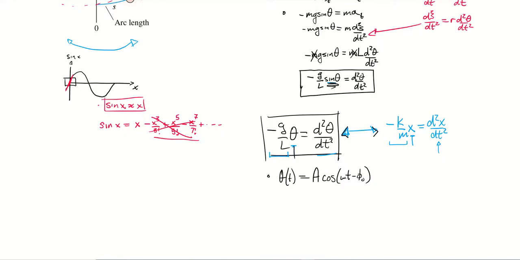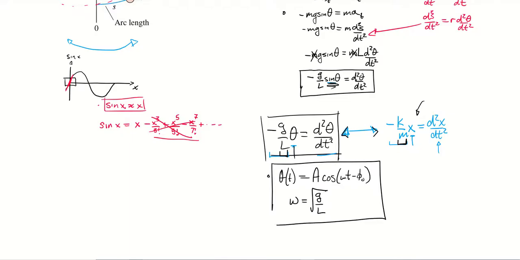One difference is, in the mass on a spring case we went over in the last video, the omega was the square root of that constant that's multiplied by our x in that equation. In this case, that constant's different, so our omega is going to be equal to the square root of g over L. And there is how we describe our pendulum. The angular position is a cosine of omega t minus phi naught, with the angular frequency equal to the square root of g over L. An interesting thing, kind of unexpected perhaps, is that this angular frequency does not depend at all on mass.